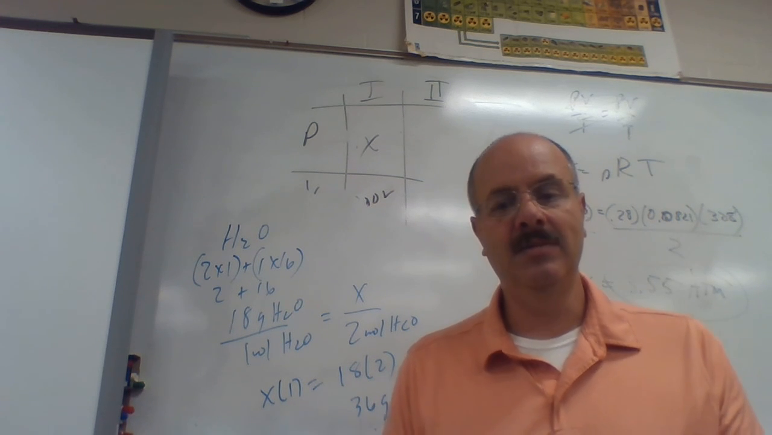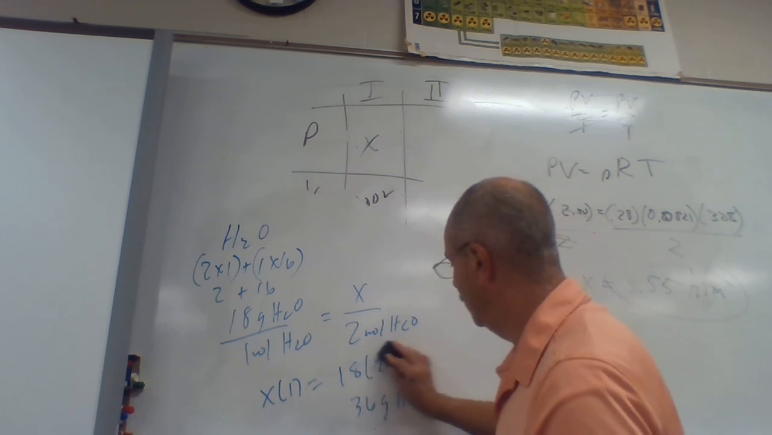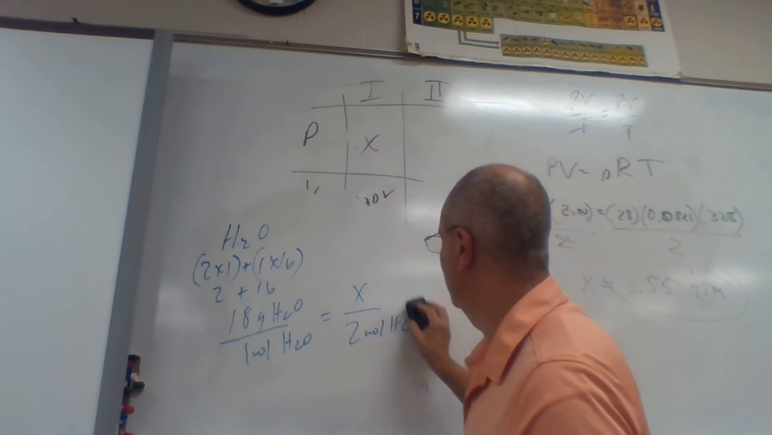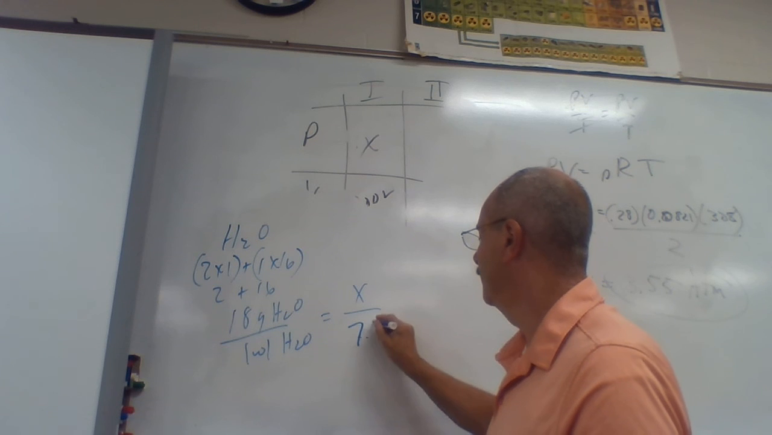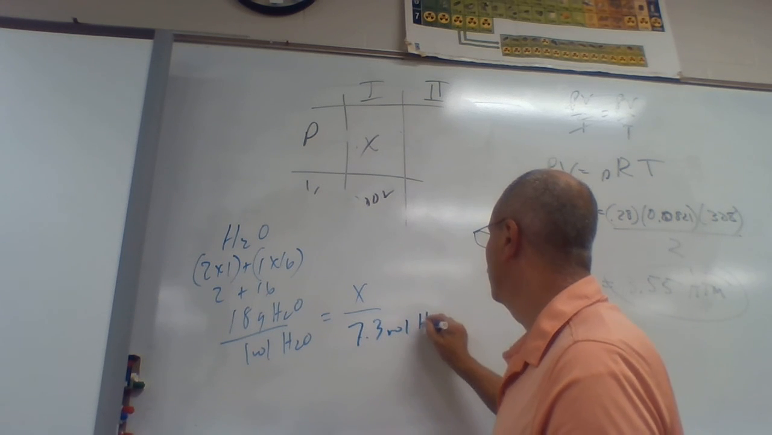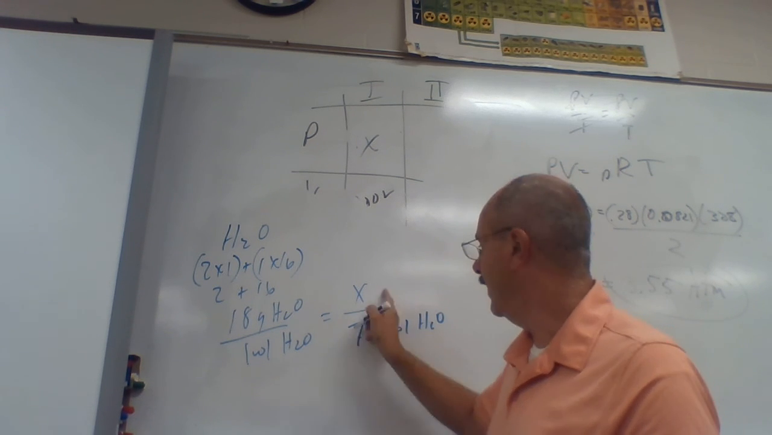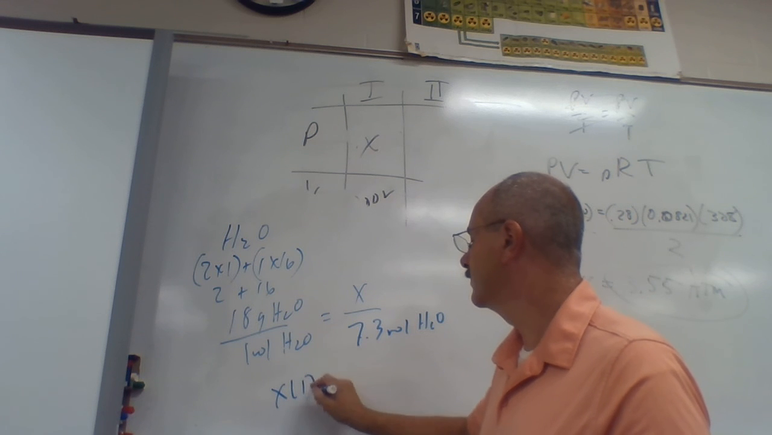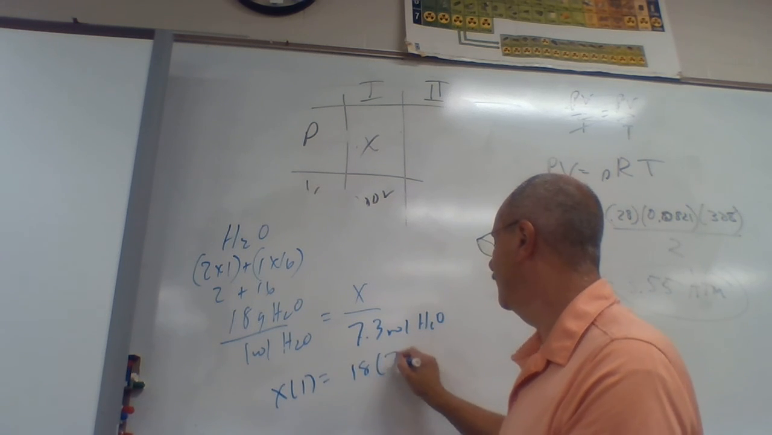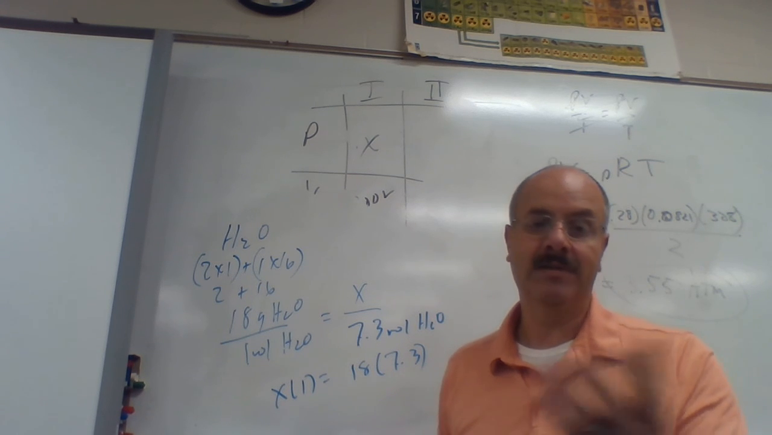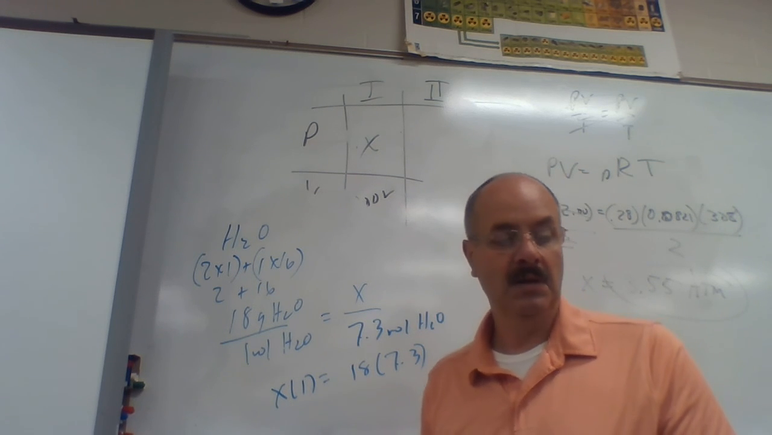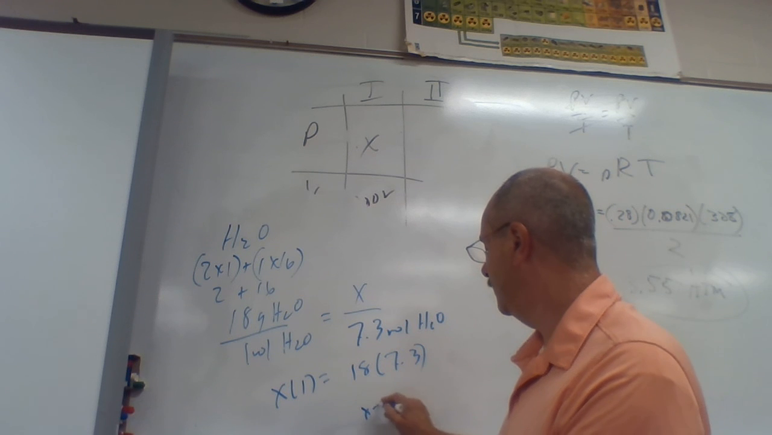Well, that's a little harder to do in my head. But we can still do it because we're still going to use the same ratio we had before. But now instead of 2, we're going to have 7.3 moles of water. So I'd go X times 1 equals 18 times 7.3. And then I could type that in my calculator because I always have my calculator, because I always have my computer. And I'd end up with X equaling